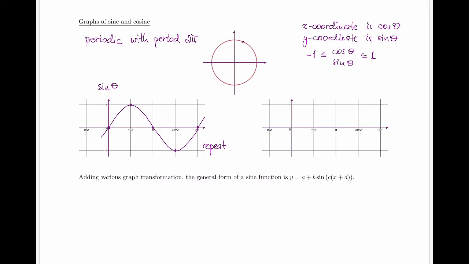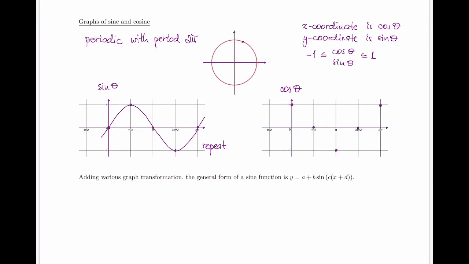these angles. For the cosine function, I'm going to apply the exact same logic, but now of course I have to trace the x-coordinates of the point. So I'm going to start once again at 0, which is the angle that corresponds to this point here. The x-coordinate here is 1, so my graph here will start at 1. The next quadrant angle is pi/2. The x-coordinate here is 0, so at pi/2 I'm down at 0. At pi I'm at -1, so down here, at 3